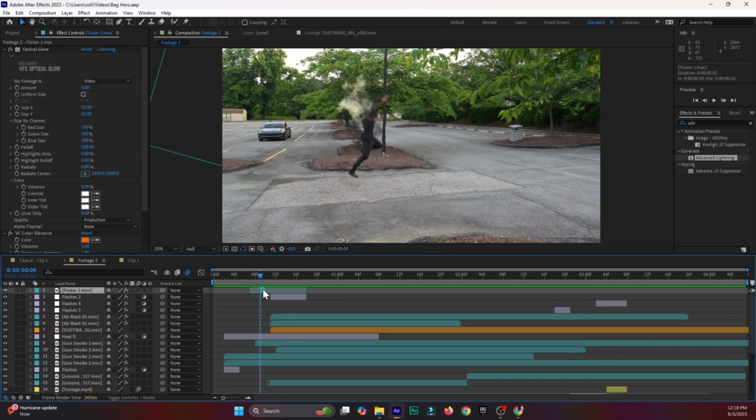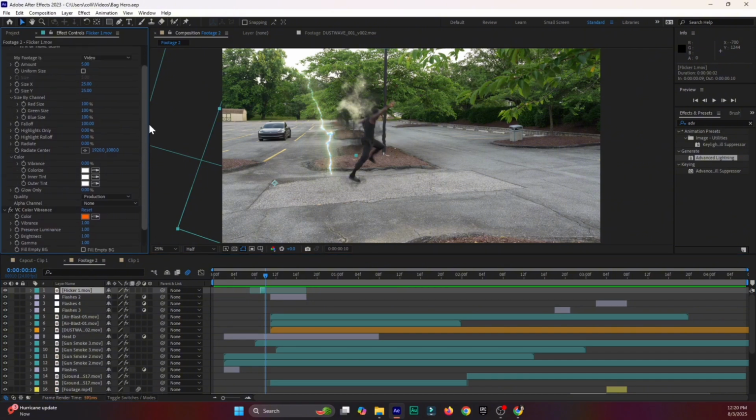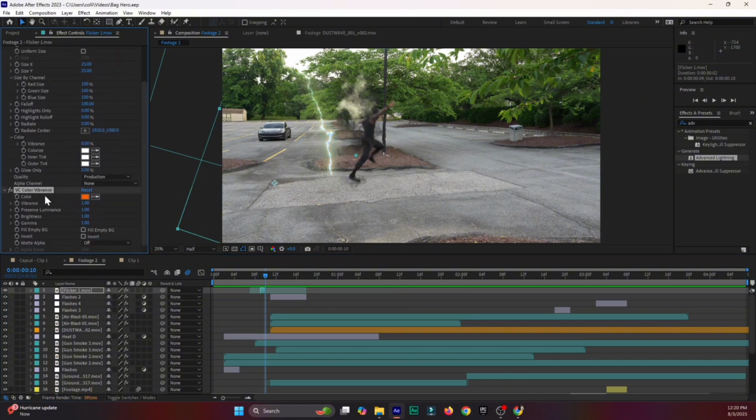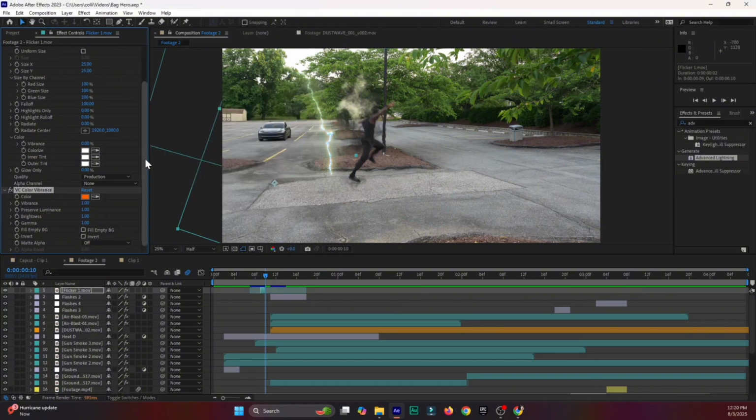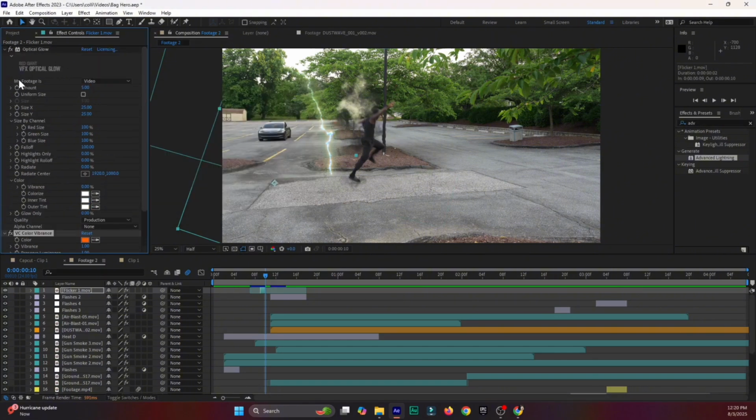So with that being said, I'm going to bring in this flicker lightning that I used for my other shot, and we're going to be using that in this shot. For the flicker lightning, I added a couple of settings. This plugin is absolutely free, Color Vibrance. You should download it from Video Copilot. Change the color to FF6000. Also, grab the Red Giant VFX Optical Glow effect as well,